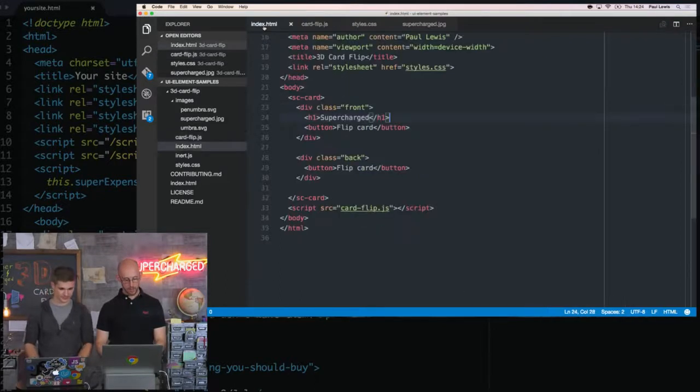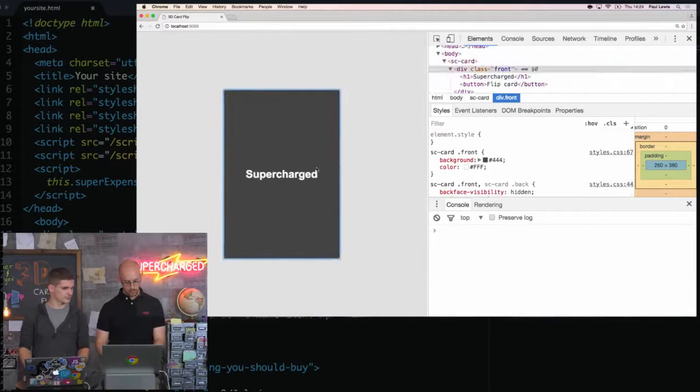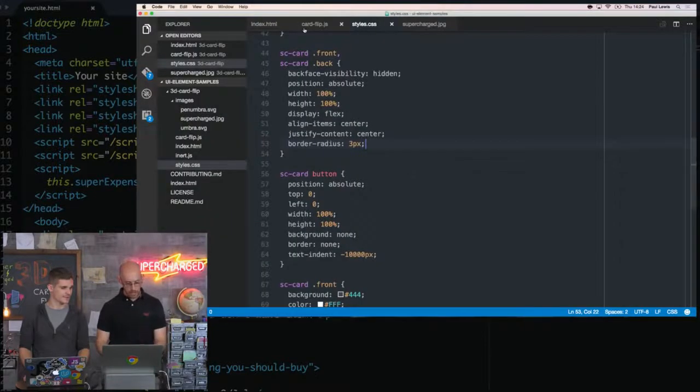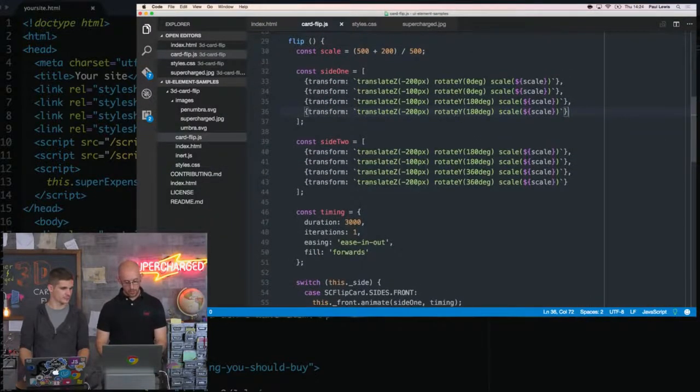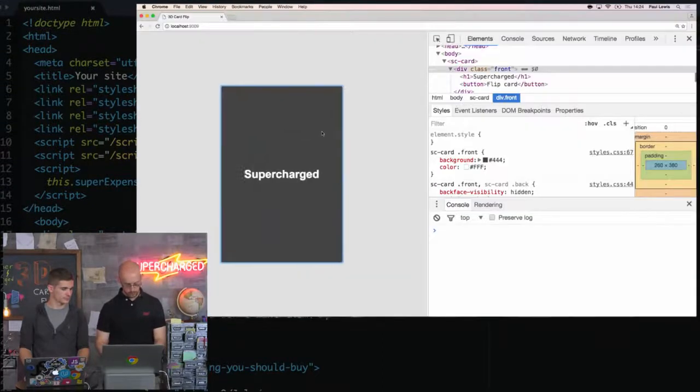fluidly. And so what we're going to do is I'm just going to remove that transform that I put there. Okay, all being well, it goes up, flips, goes back. Look at that. We actually have now a card flip. Now I don't like the timing of it, because if we just bring it down a little bit faster, or a little bit, yeah,